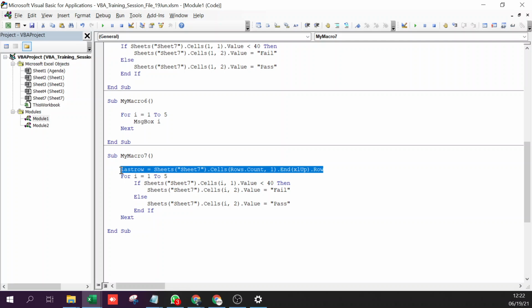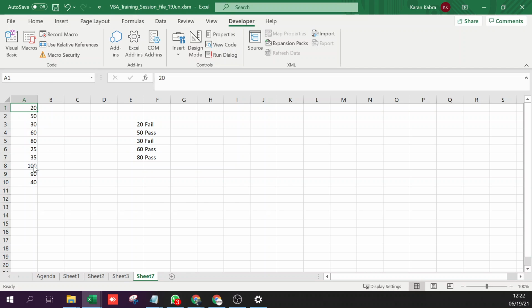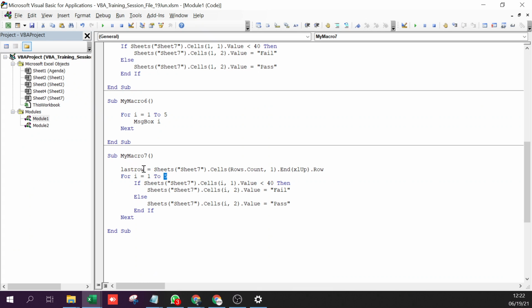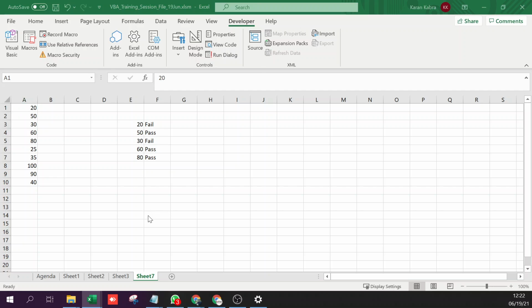You can totally remember this now, and this is something that you will end up using a lot. I use it everywhere. And we can run and check if it is giving me the last row as 10. F8, F8, F8. It is giving me the last row as 10. I'll stop this. So it works properly. Now all I have to do is substitute this 5 with last row. Now this code will run till the last row. It doesn't matter how many rows you have. Every time you run it, it will read all the rows.